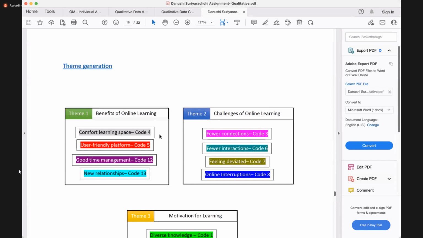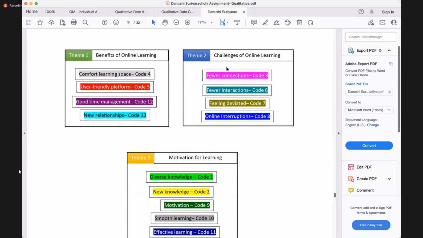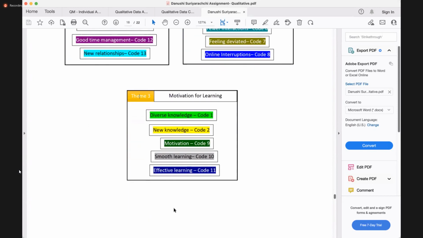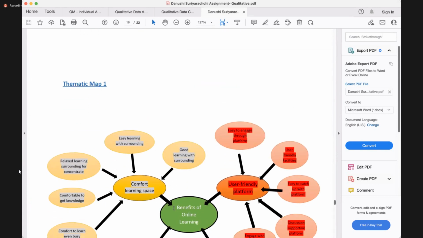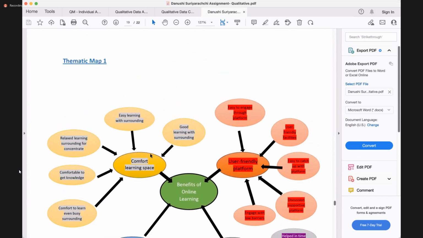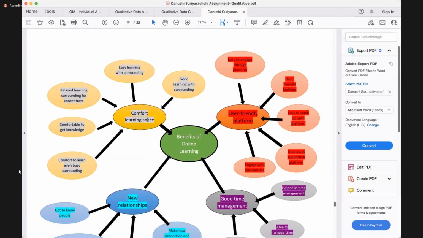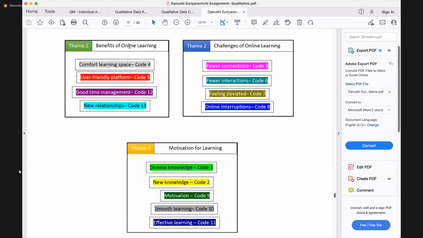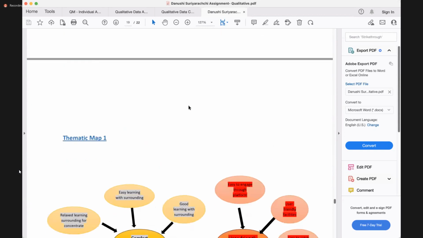And then it's the theme generation. So she had generated 3 themes: benefits of online learning, challenges, and motivations, to cover the codes that she has come up with. So it's generated thematic maps for each of those themes. So each of those 3 themes: benefits, challenges, and motivations.